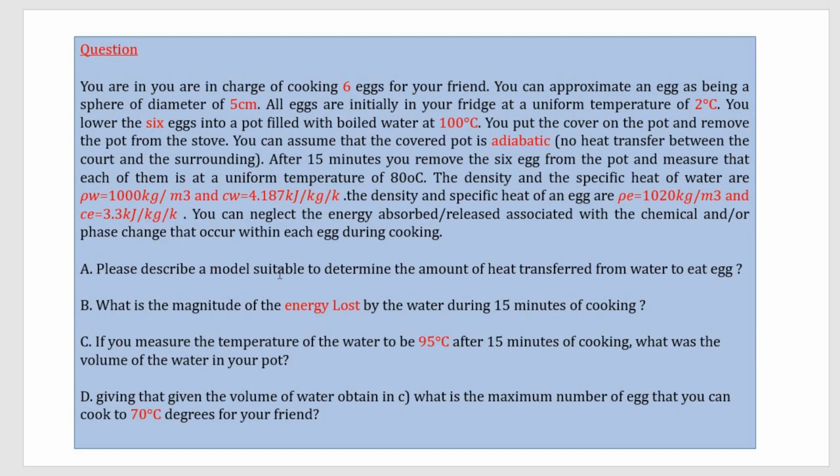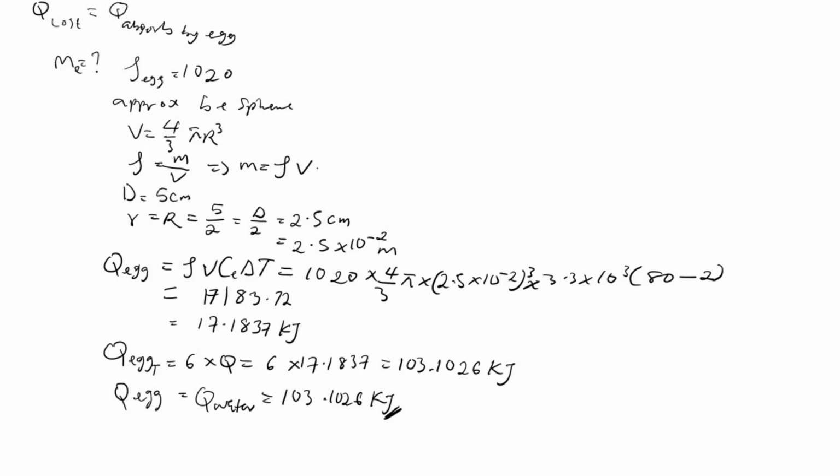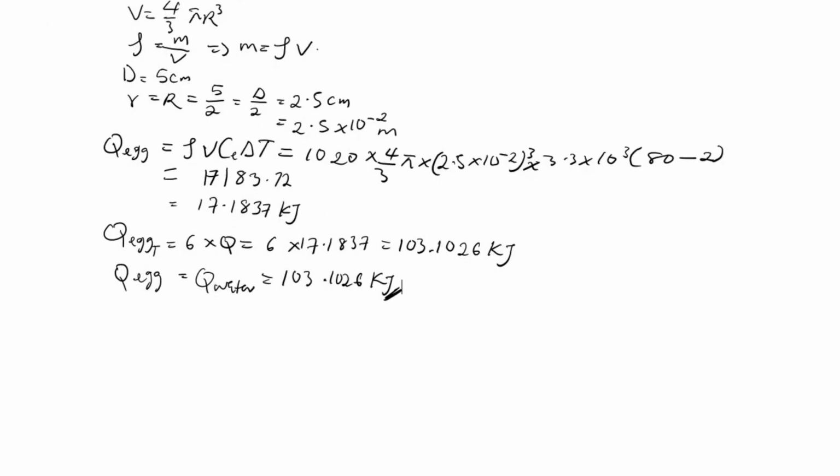If you measure the temperature of the water to be 95 degrees Celsius after 15 minutes of cooking, what was the volume of the water in your pot? So we calculated the heat lost by the water to be 103.1026 kilojoules. We can say that our Q is equal to m c of water delta T. So our Q is 103.1026, which is equal to m, we don't know the mass of the water, multiplied by